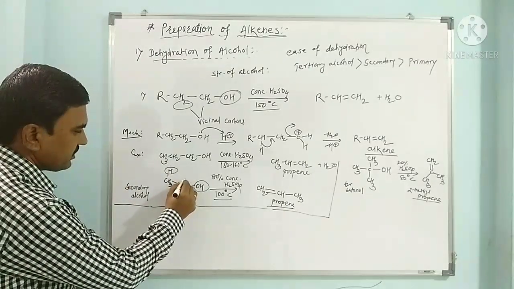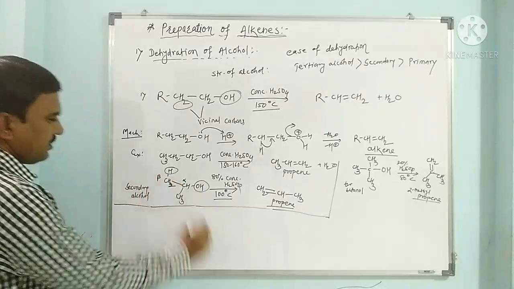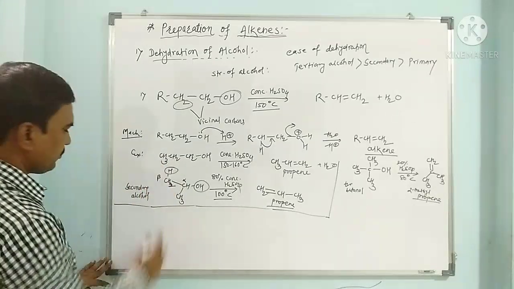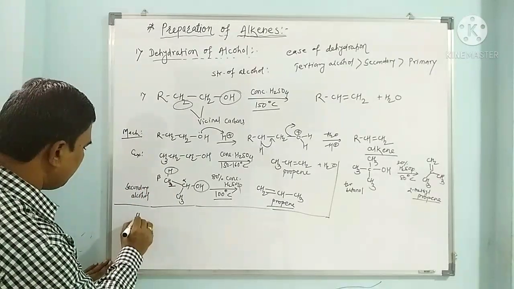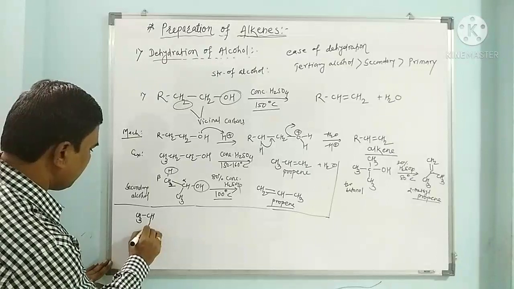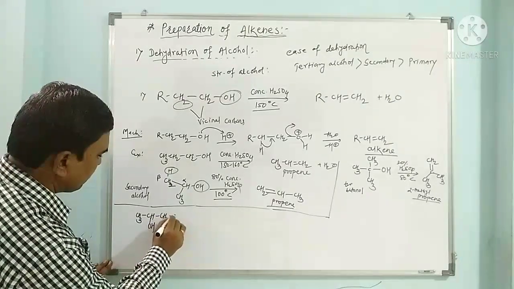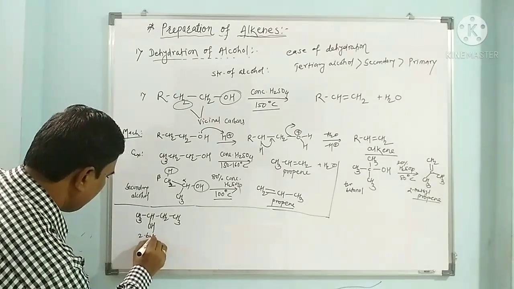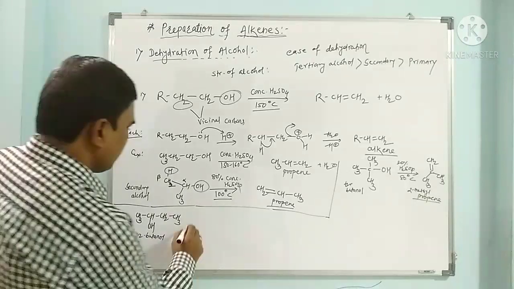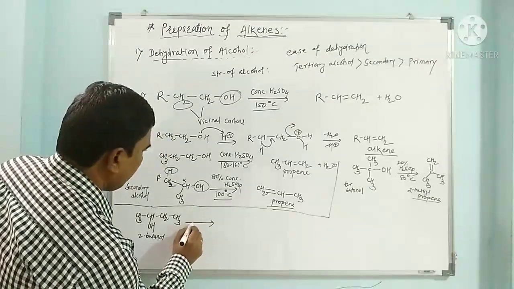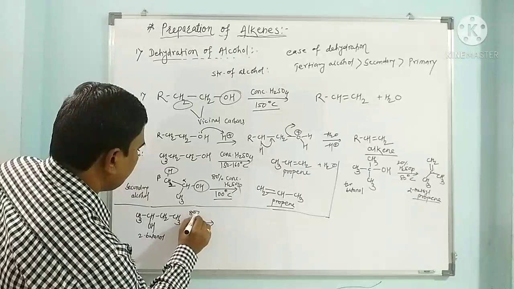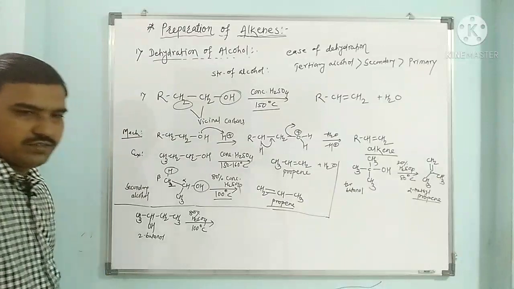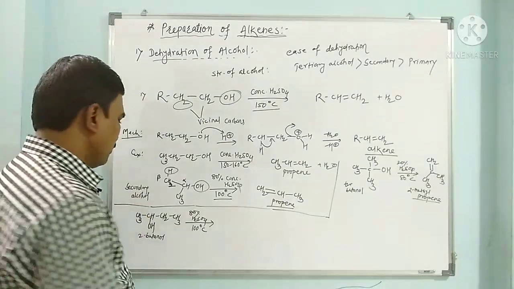This carbon is called the alpha carbon, and the adjacent carbon whose proton gets lost is called the beta carbon, and that is the beta proton. So when we have examples such as CH3 CHOH CH2 CH3, this is 2-butanol. When it undergoes dehydration at around 80% sulfuric acid and at around 100 degrees Celsius temperature, as it is a secondary alcohol.